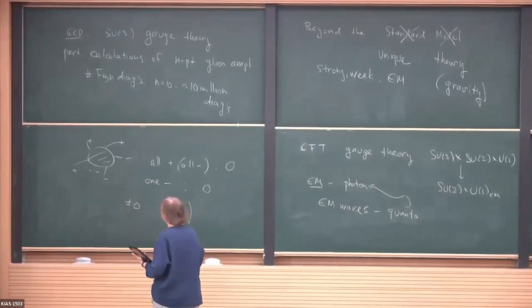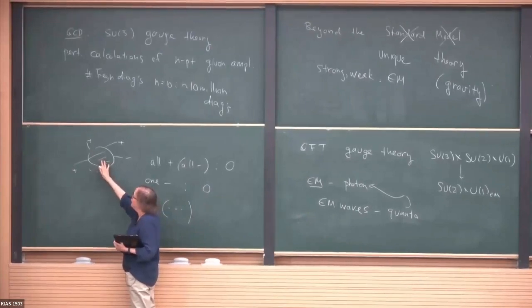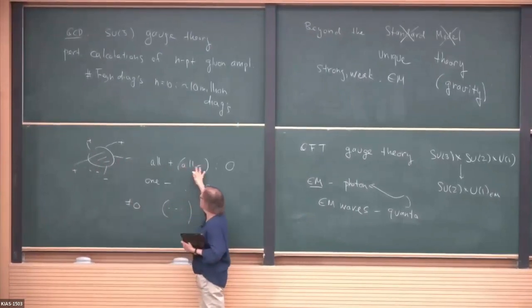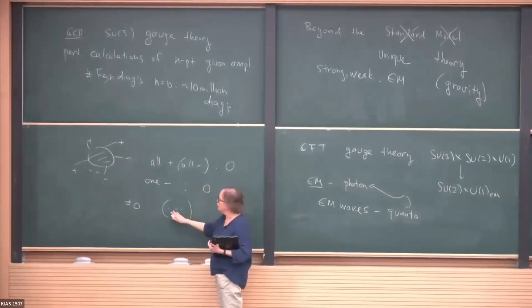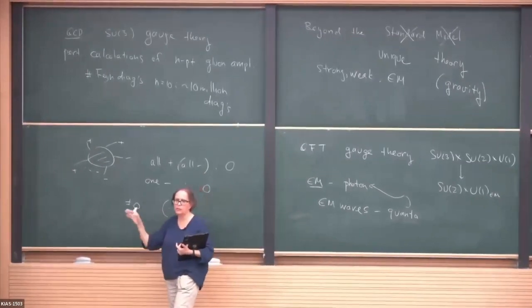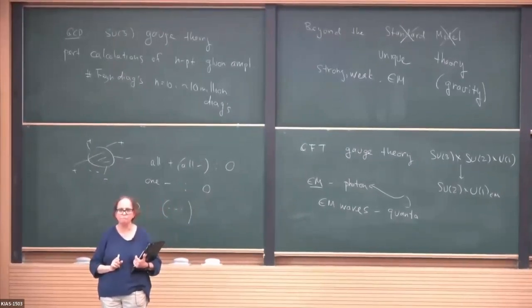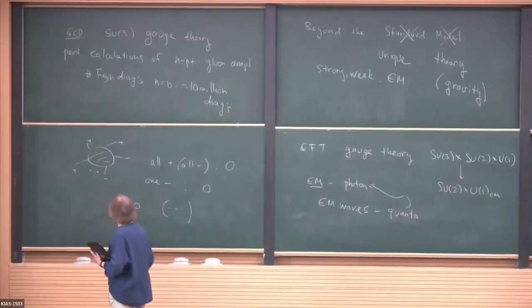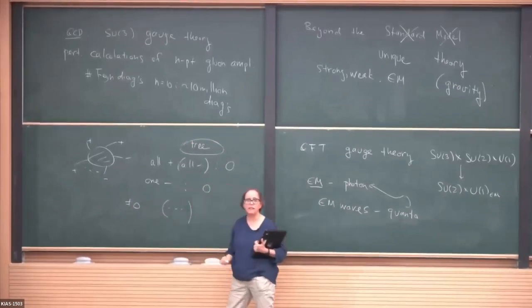But for now, all I want to say is that these amplitudes just vanish. This just vanishes identically, the same for this. And this one I'm writing for a specific choice of color ordering. So we'll come back to that. Is this a tree level statement? Yes, this is tree level.